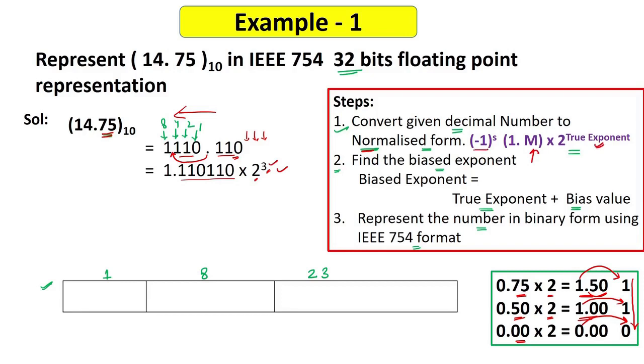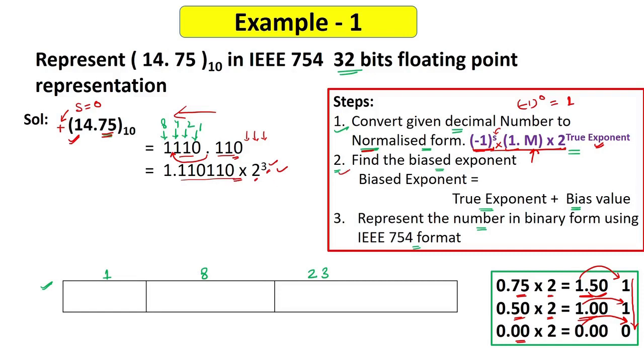And what is this? Basically here is the multiplier, so this is (-1) to the power s. For the time being, you can assume s is the sign bit. Here in this 14.75, what is the sign of this number? This is a positive number, so this positive number has sign bit 0. So (-1) to the power s, with s as 0, will be simply 1, and 1 multiplied by this leaves just this much. Here you will not get much of a clue about what s is, but in other examples you will get to know what this (-1) to the power s is. For the time being, just understand that we have to convert into the normalized form.